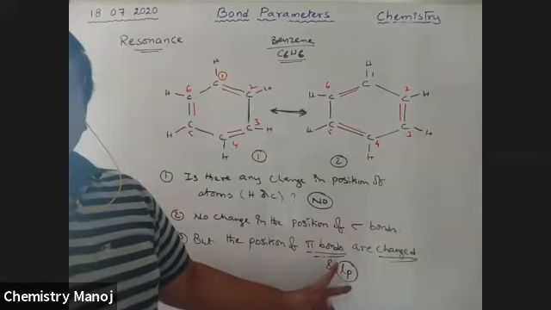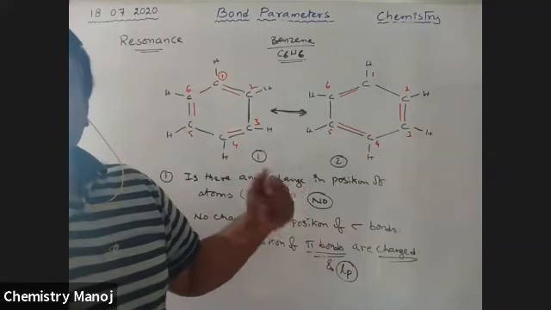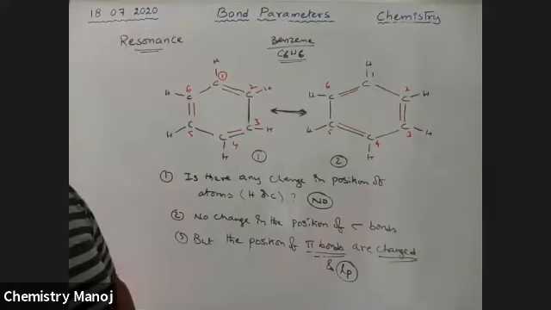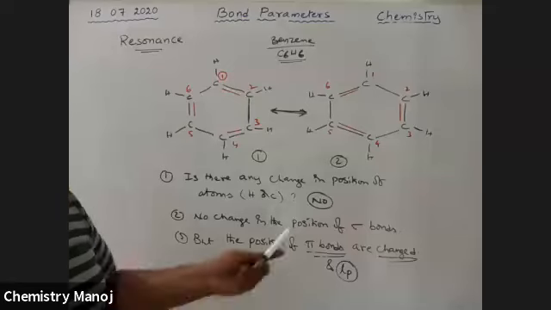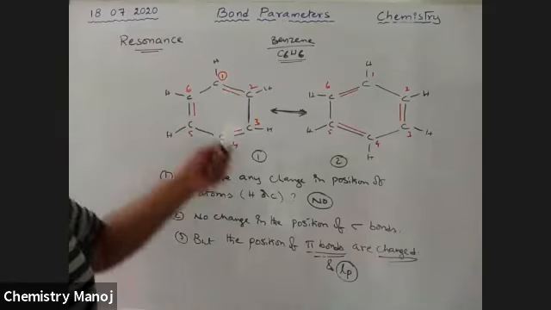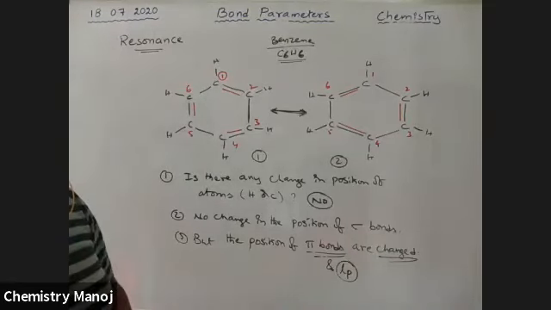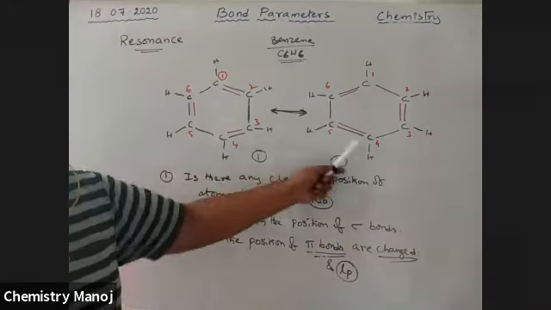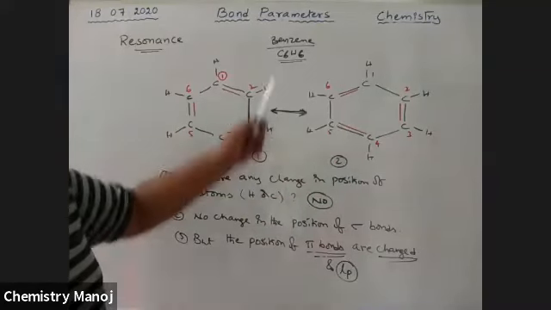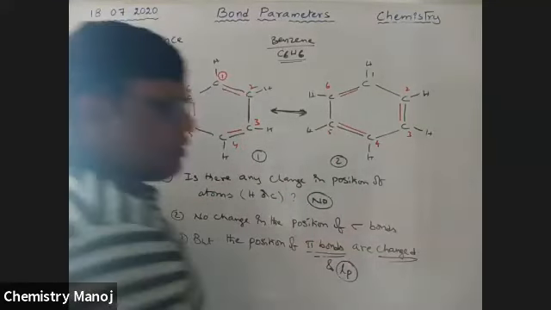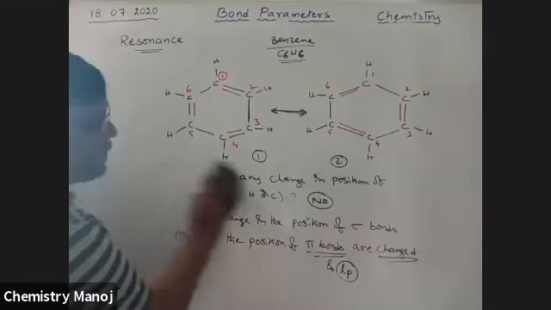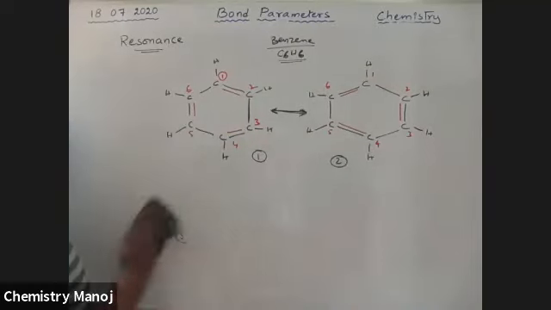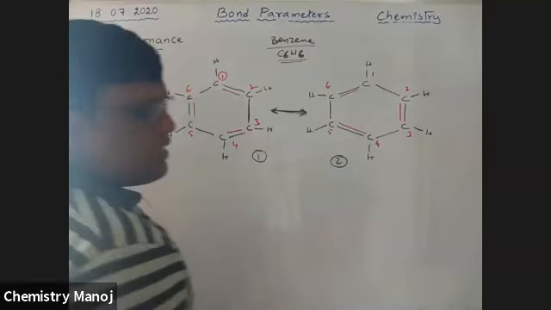Because of the change of those pi bonds and lone pairs, a single molecule may exist in more than one structure. That existence of a single molecule in more than one structure because of the change of pi bonds or lone pairs or both of them is called resonance. So these are the resonance structures of benzene. These two structures are collectively taken as the benzene structure. The final structure of benzene is a combination of these two. Not only the first structure, not only the second structure. The combination of 1 plus 2 is the benzene structure.